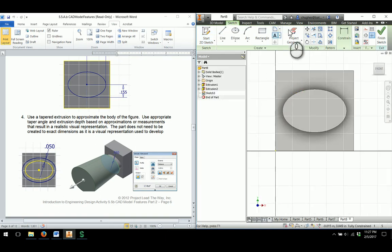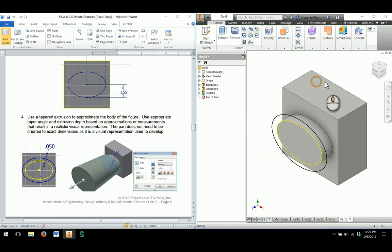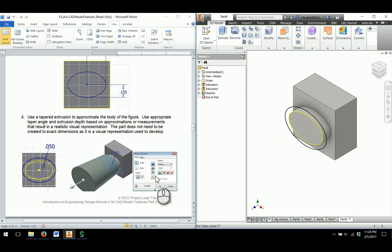I will need to project the geometry of the ellipse and utilize the offset tool, and then I'll click on the ellipse itself, drag out. As I'm dragging out, I can type in 0.05, hit enter, and then I'll get an ellipse that shows around the outside edges of our rectangular base, or the square base for this object. When I say finish sketch, I can go through and they give us some